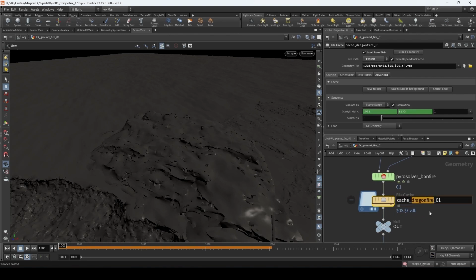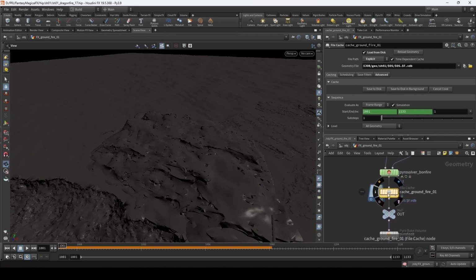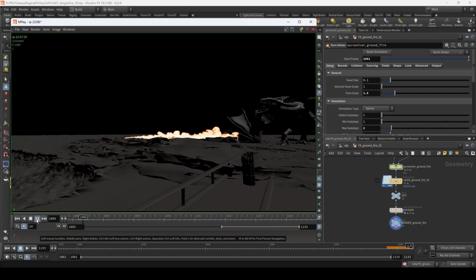We'll call this ground fire. Because we have this $OS set up, it will work properly. And yeah, let's just cache it. The sim has finished caching, and I've gone ahead and created this flipbook just so we can see what we